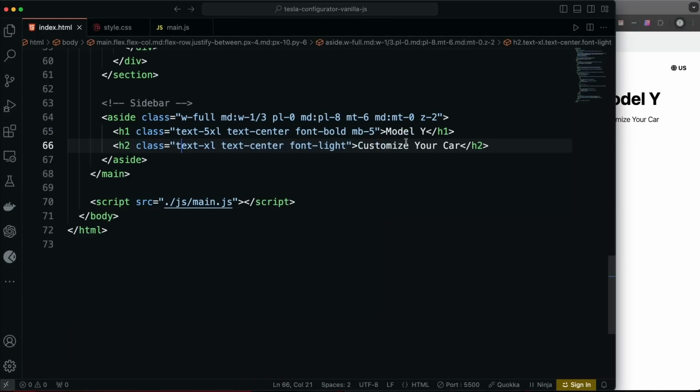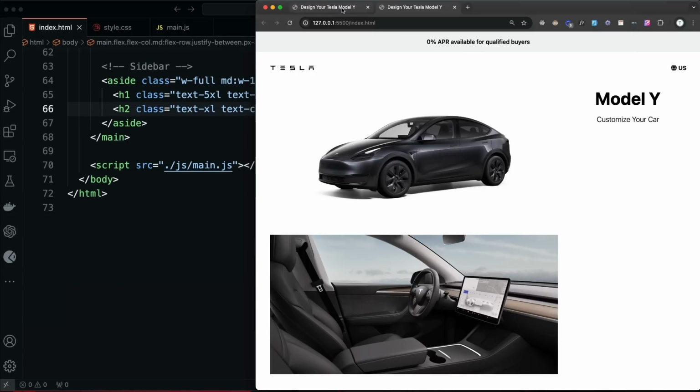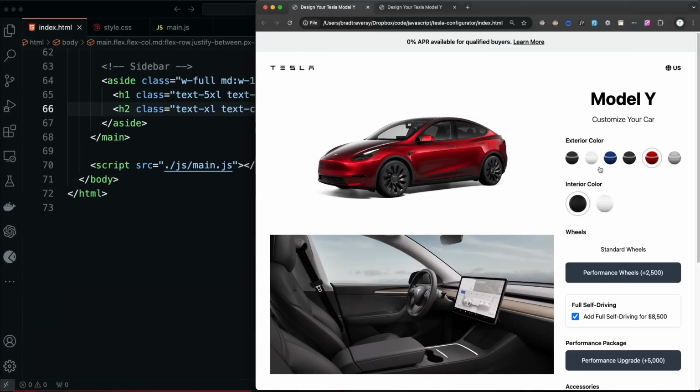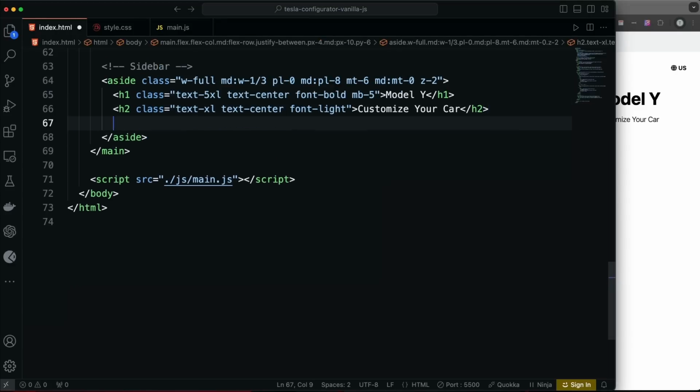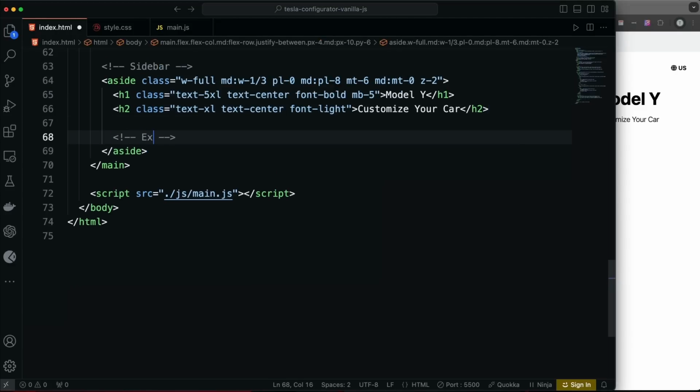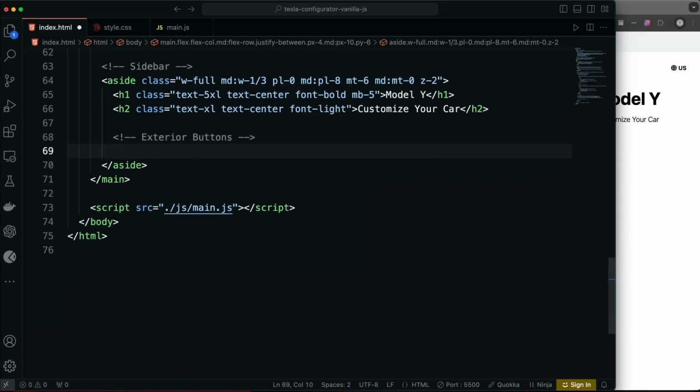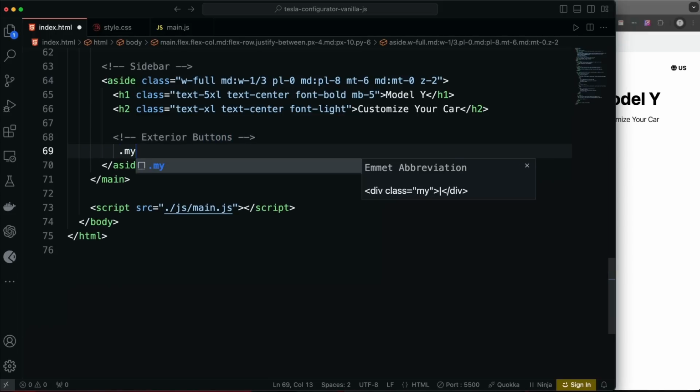There's our headings. And then the first set of options we want to add is the exterior color, which are going to be these icons. It's going to be a button with an image inside of it. So let's go right under the H2, and we'll put a comment here. Let's say exterior, or we'll say exterior buttons. And I'm going to give it a class of my-8 margin on the y-axis, and I'm also going to give it an ID of